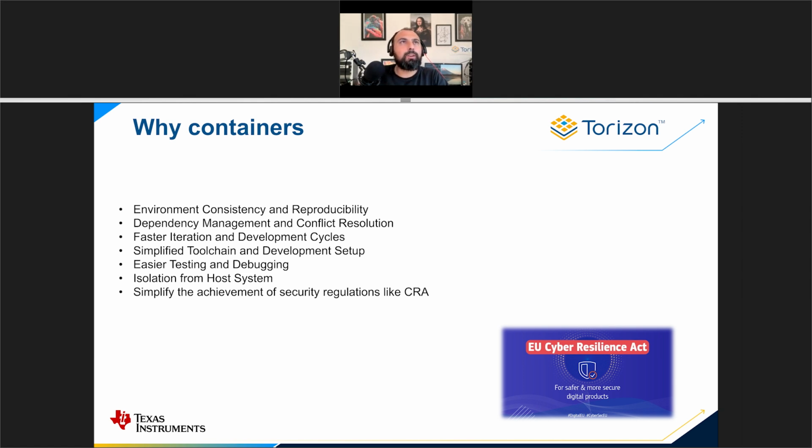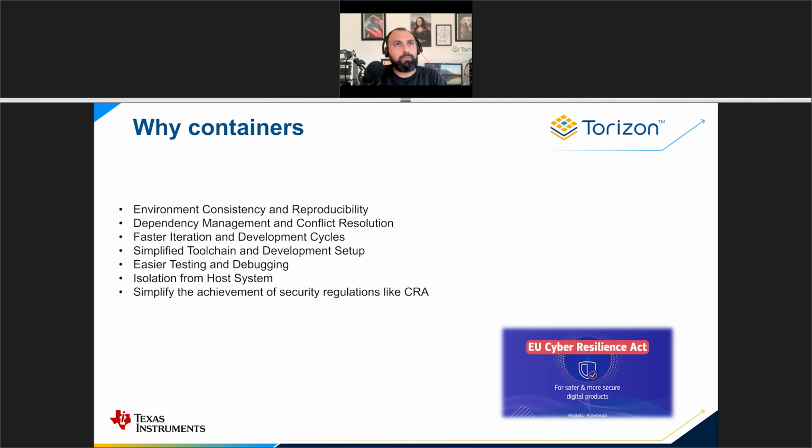But why containers? I mean, what is the end? Okay, it's all cool, I can run whatever, but what are the reasons? In my opinion, there are really several reasons, and they really depend on the final use case. There are a couple that I want to highlight. The first one is really the efficiency. I think that in 2024, developing an application on an embedded system using containers is the most efficient way to do that. Because the other way would be